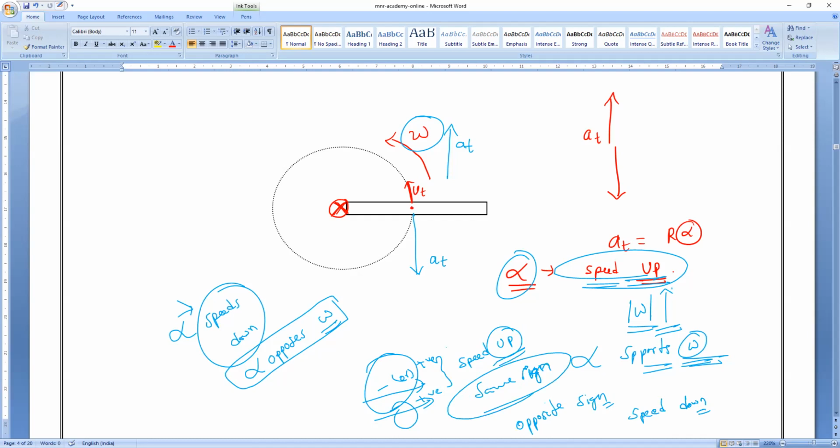So now I want to find the direction of angular velocity here. Can anybody tell me? The direction of angular velocity here is along the axis. Imagine this is the axis of rotation. Yesterday also I told you angular